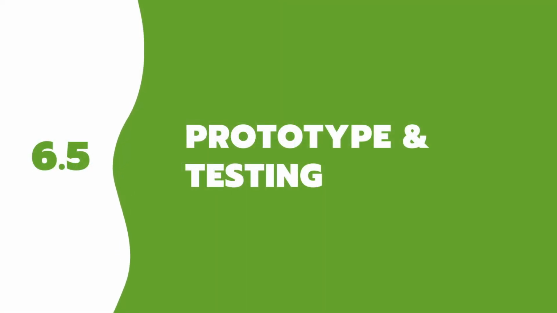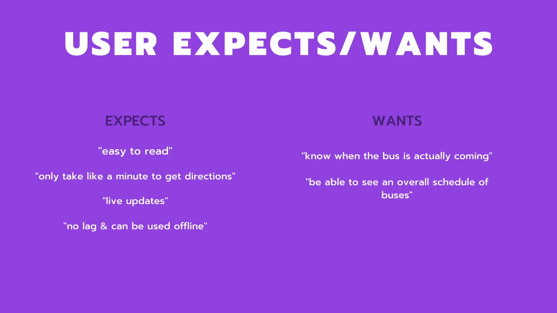Prototype and testing. In this stage, we decided to look into exactly what the user expected from the app and what they wanted from the app. In the expectations category, users expected the app to be easy to read, only take a minute to get directions, to provide live updates on locations of buses and routes, and to have no lag and to be used offline. However, they wanted to know exactly when the bus was coming and to be able to see an overall schedule